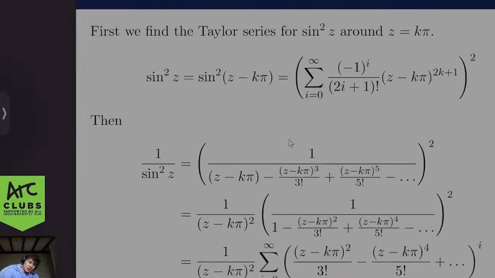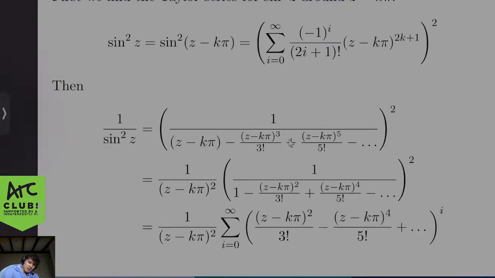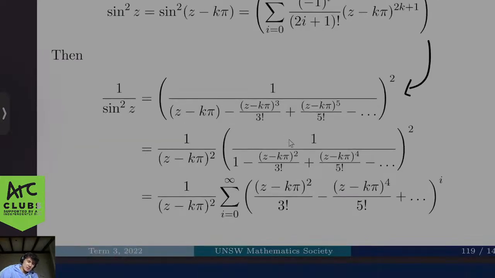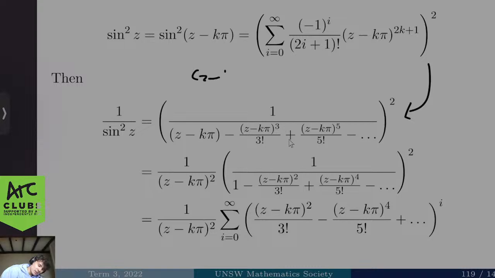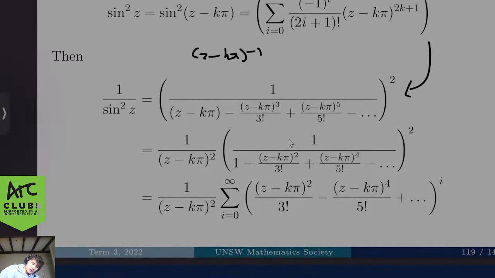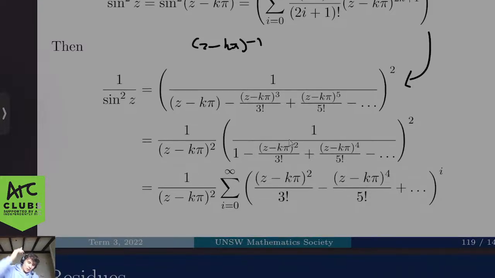And so if we look at this here and we then divide by 1, so 1 divided by, we'll get this. Now this is an absolutely very difficult expression to work with, right? But remember that we're not working with this expression per se. We're only looking for the coefficient of z minus k pi to the -1. Now if we look at that, we can simplify a little bit,